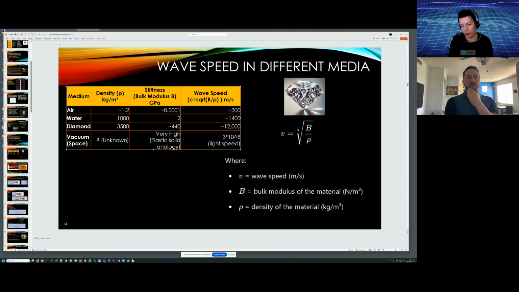Yeah, one argument that's been given against the ether, I don't think this is a good argument, is that the stiffness has to be many, many times more than the density. And from what we're accustomed to, you need a certain density to make something very stiff. Like, if you think of air, it's very rare, it's not dense, but the stiffness isn't that high as a result. So that's an argument against the ether, that it would have to be a substance unlike any other we have seen so far.